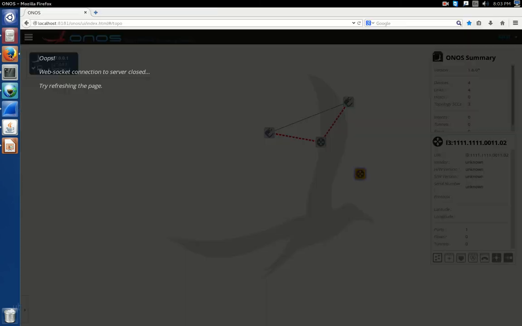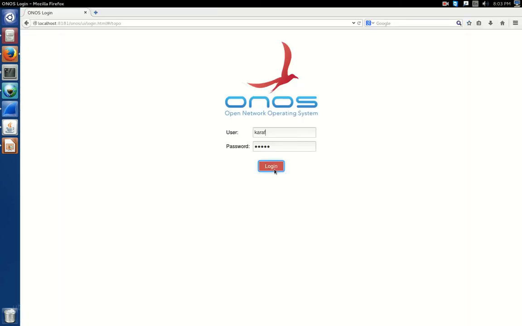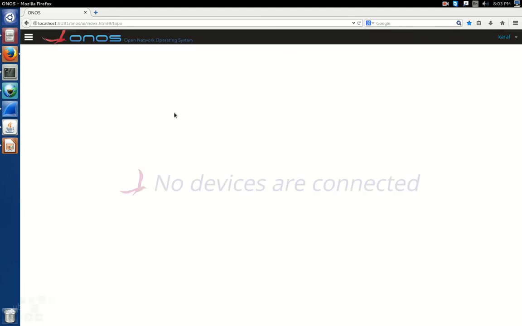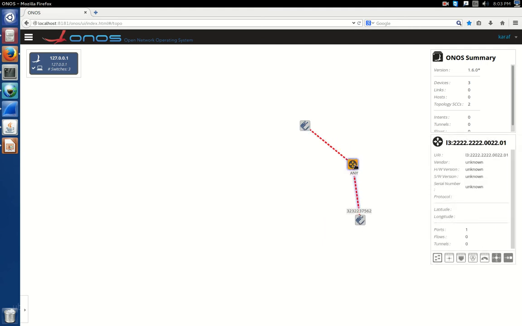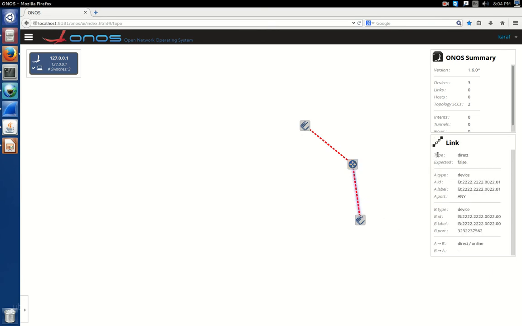This might take a couple of seconds. Yeah, so here it is. We have one DIS, an RT1 and RT2. If we click on the device, we can see the device information. This is the DIS. We click on the DIS, we can see the DIS information. If we click on the link, we would be able to see the link information, which would have information about device A, device B, etc.